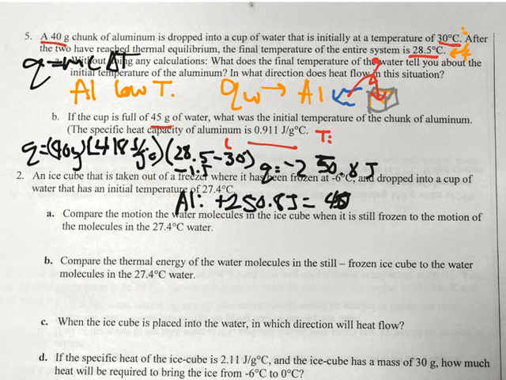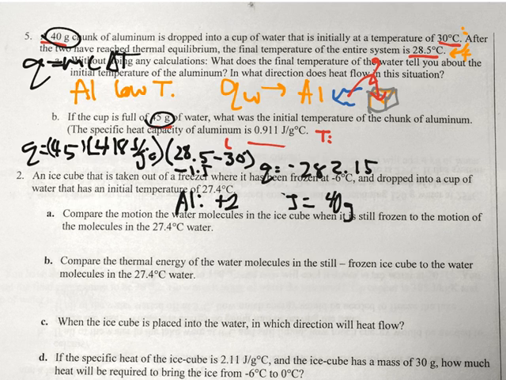Oops, read that wrong. The cup is 45, so I gotta redo this. This is 40, which always goes to show, read the question carefully. This is 40 grams, that's the chunk of aluminum. And this is 45 because the water is 45. Let me quickly change that. So instead be negative